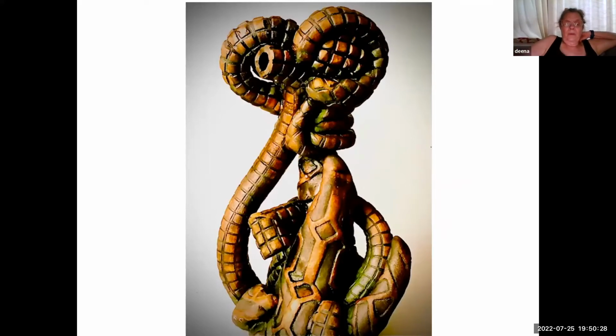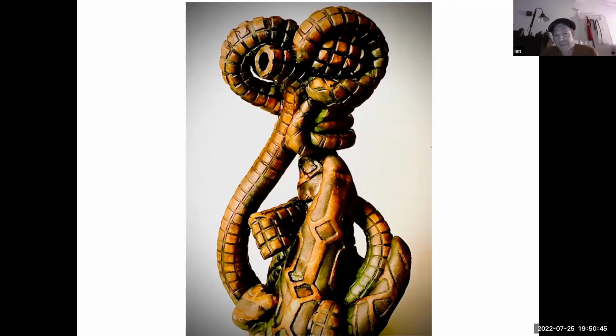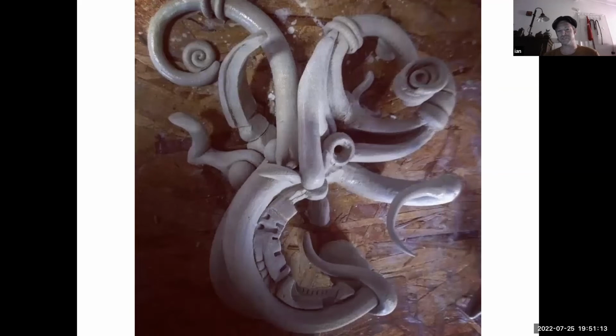So look at this. This is pretty spectacular. Yeah, this is always the fun part for me, though, talking about it. This kind of organic geometric stuff for me comes from a little bit of a deeper place. I studied Buddhism for a while, and just how one defines the other, you know, without one, the other one wouldn't exist. And just in teaching over the last five years or so, I've been getting more and more into patterns and glazes and stuff like that. It's a little bit hard to explain in words, but I think